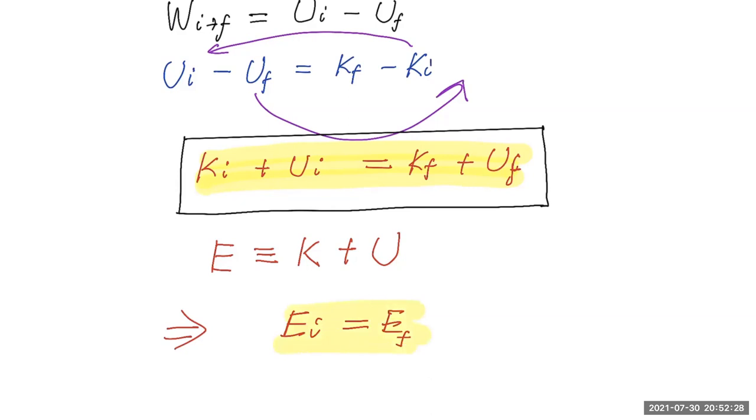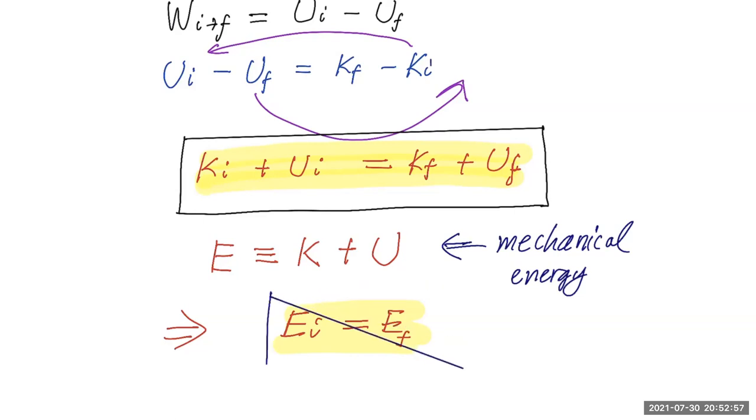And then we say this quantity is conserved. So we have our first conservation law for the quantity E. E is defined to be the so-called mechanical energy. Mechanical energy is the sum of the kinetic and potential energy of the system. So E initial equals E final,